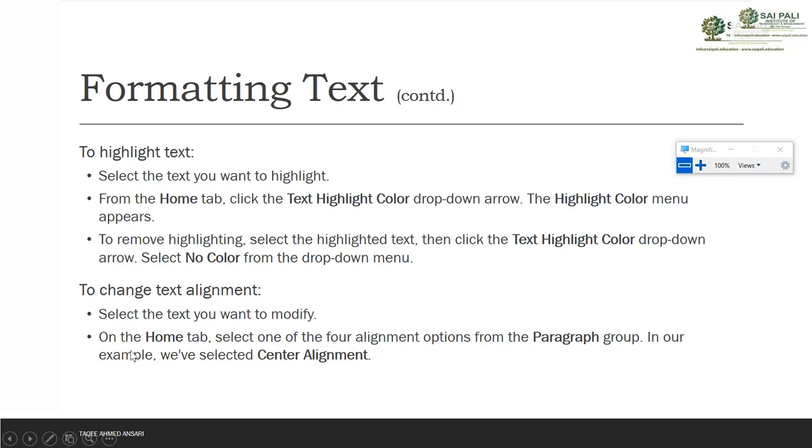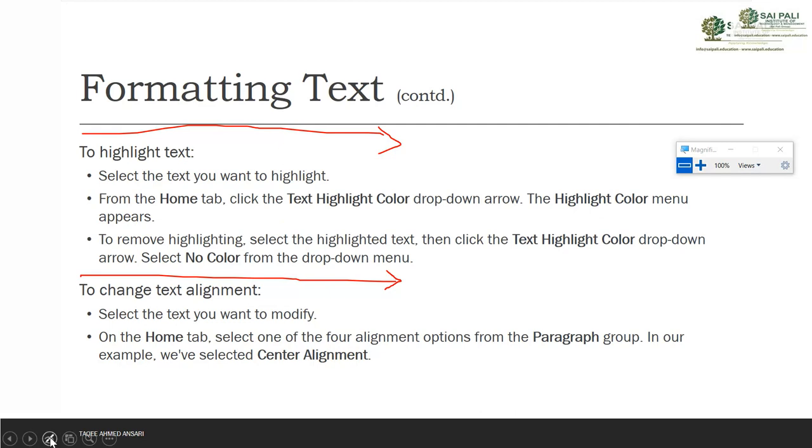You know, when you write in a book, you write from the left side to the right side. So by default the text alignment is from left to right. As you can see here, these texts are aligned from the left side. In the document they remain on the left side, but you can change it.